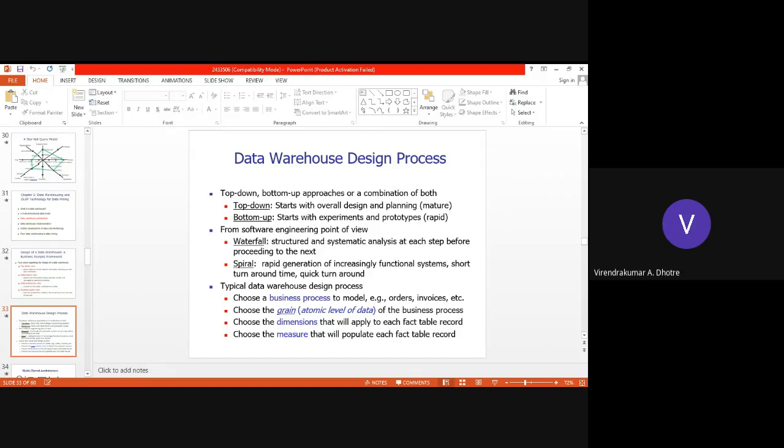It means we can count it, we can measure the performance, so that we can take decisions based on it. We can populate them based on the fact table records. So we should implement business processes, we should have atomic levels, we should have dimensions, and we should have measures. We should measure it, count it. For example, if I do this, this will give me this much profit, like that.